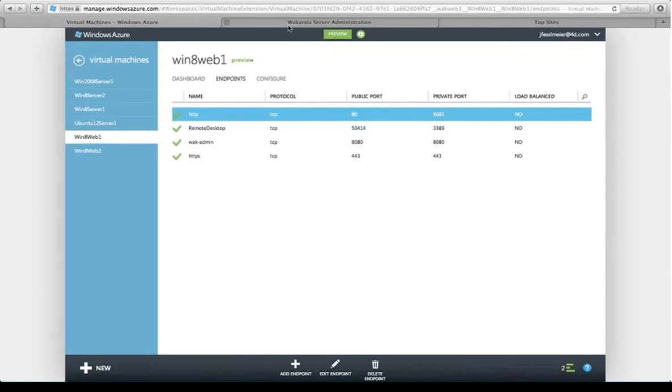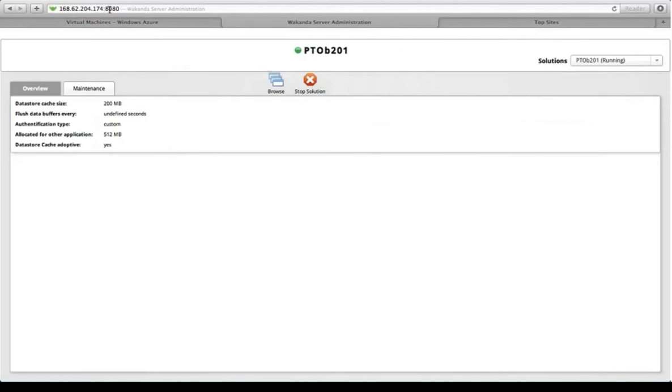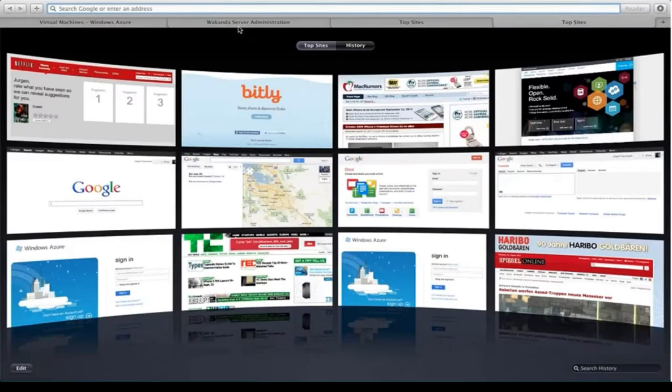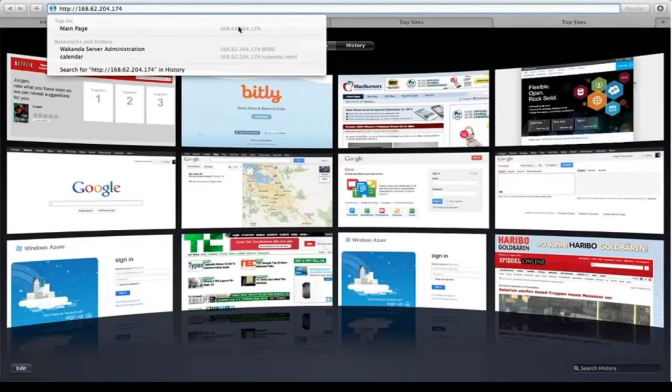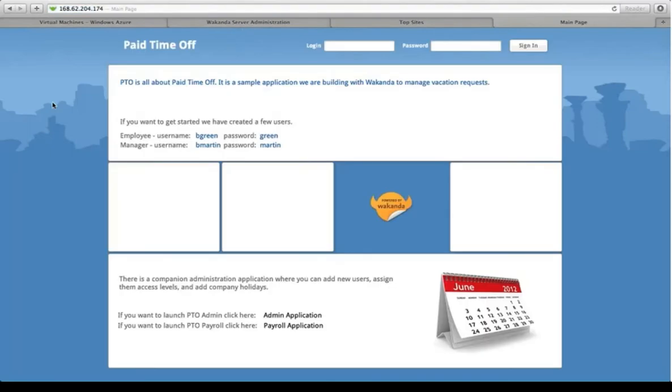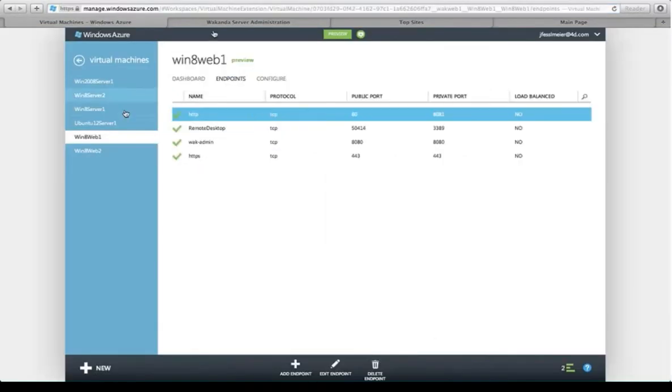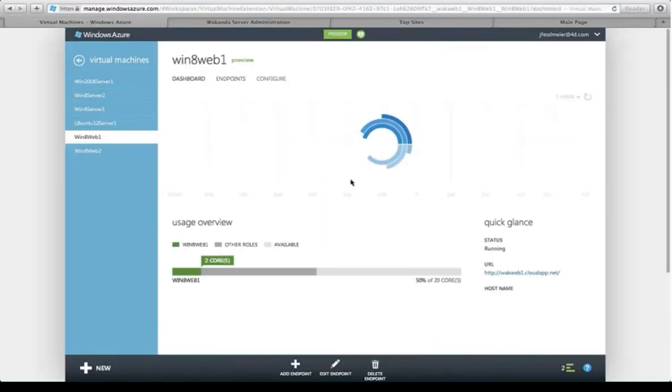Port 80 is the default port for any web HTTP server, so we don't need to define the port. Let's access the application through the IP address. We can also do the same thing